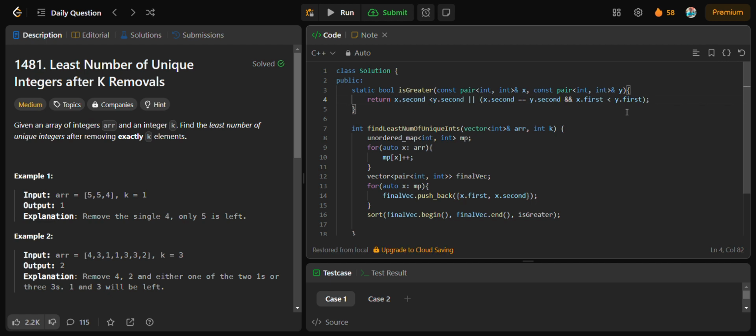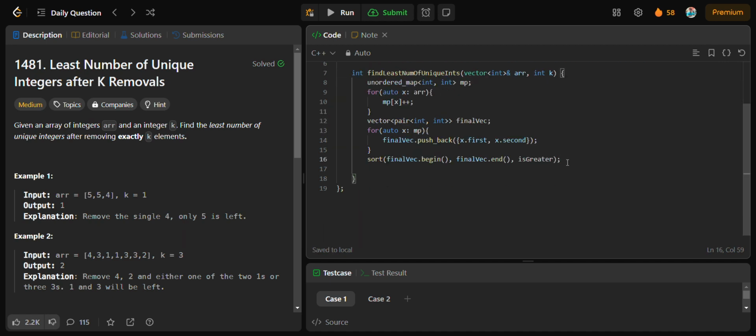Okay, y dot first. Now once we have defined this comparator function, after sorting we will initialize n equals to finalVec dot size and create a variable to store index. While k is true, we will